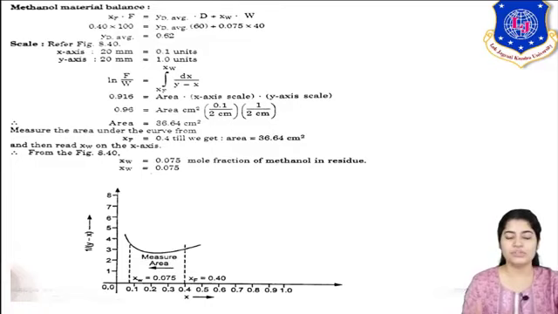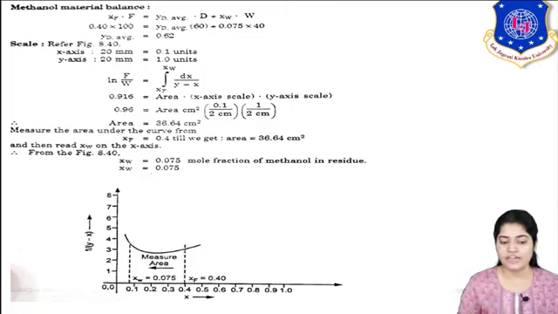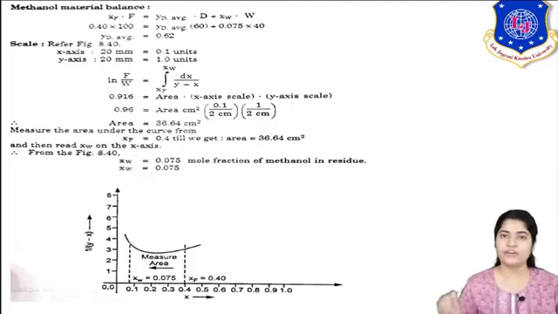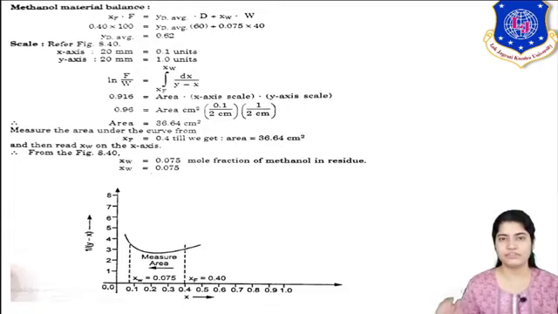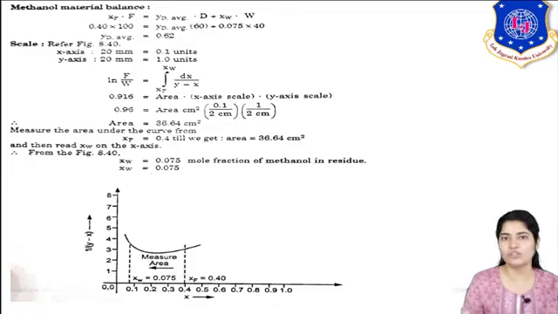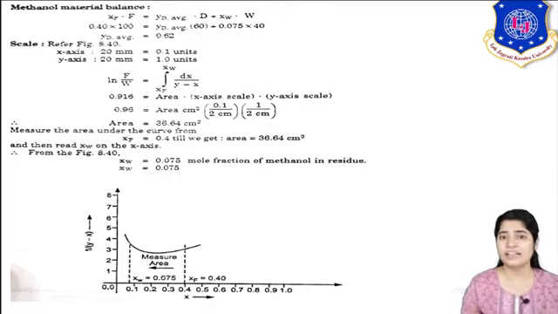So now what you have to do? Starting from 0.4, which is your feed condition in the graph, to the left side, you have to shade the area. The graph scale is one box equal to 1 centimeter square. So after shading, almost 36 boxes, you have to do it accurately, try to shade the area equal to 36.64 centimeter square. The point where I will cover my area, that is the point you will get as XW. So you got XW here as 0.075. That is the answer here.